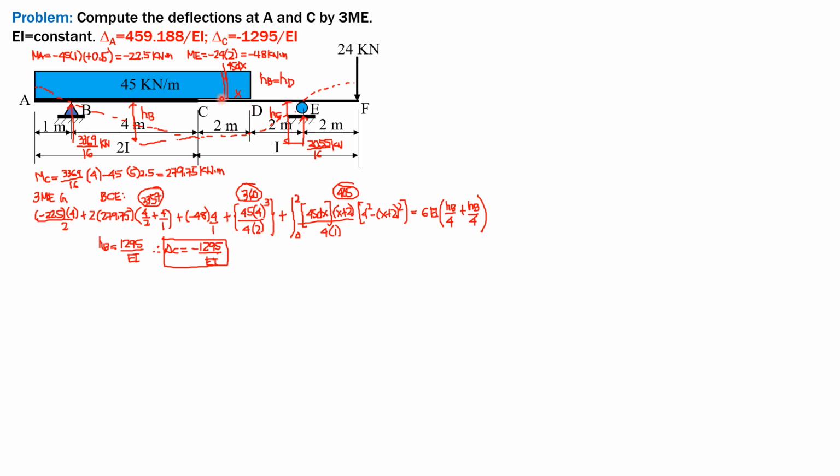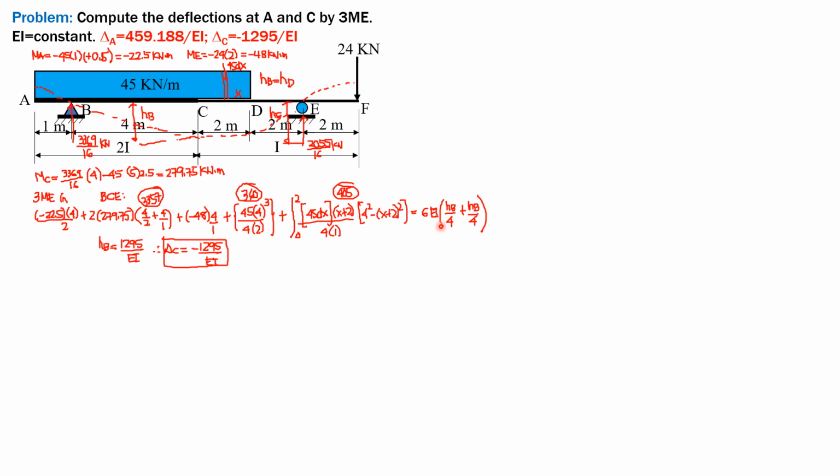For the right portion, CE, we have a uniform load but partially acting on the beam CE. It only acts 2 meters, so we use integration. And let's call this x. So integral of differential P, which is 45 dx, b is the distance of the strip from the right end E, so x plus 2, divided by L. Then we divide it by 1 further. 1 is the moment of inertia. Then quantity L square, 4 square, minus b square, x plus 2 square.